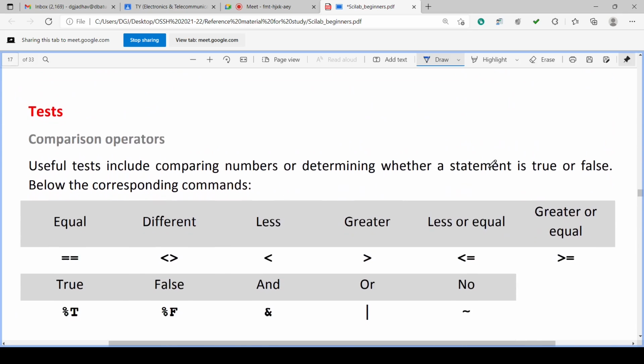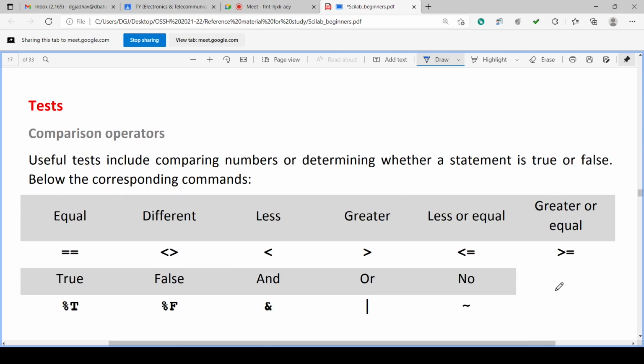As we know, for while we have one test, that is less than, we have tested the condition. There are different tests. Mathematical tests are there. We can test the variable value. We can test the equation. These also have comparison operators.